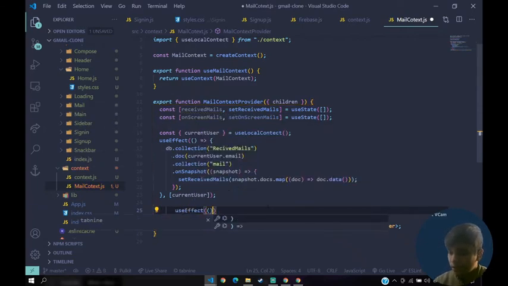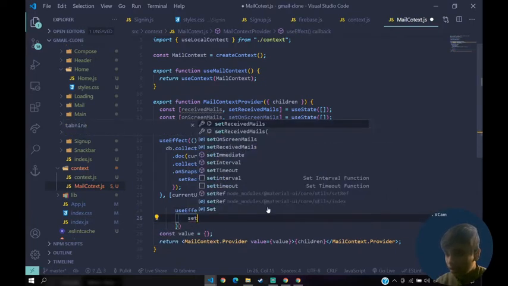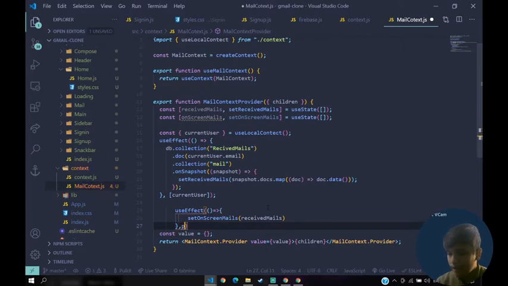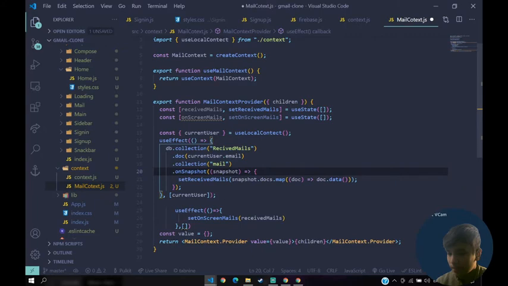Inside of this use effect, I'll set the on-screen mails to received mails, right? And then add a dependency here, the received mails, and then here let's add on-screen mail, and save that.